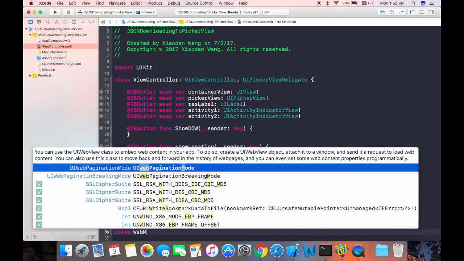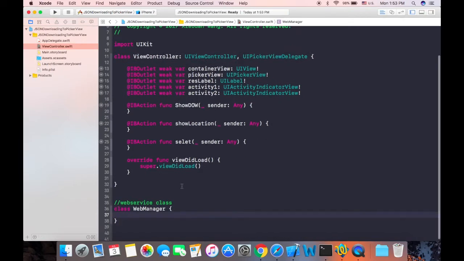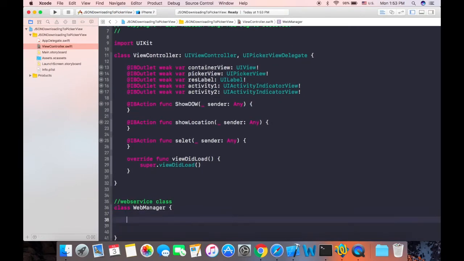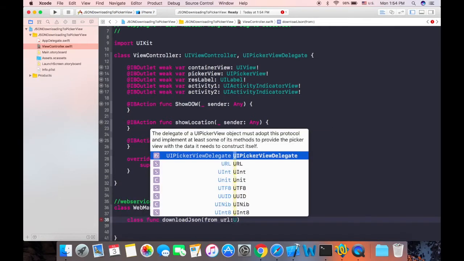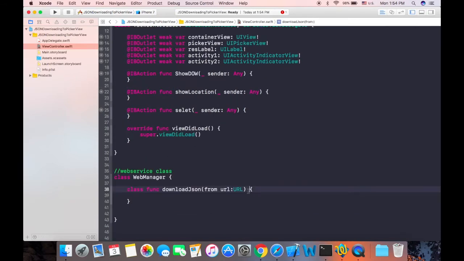Let's call it web manager. Okay, so in this web manager, we're gonna define some class function like download from URL, which is NSURL or just the URL. Okay, and in this case, we can also write completion handlers to give us the result,